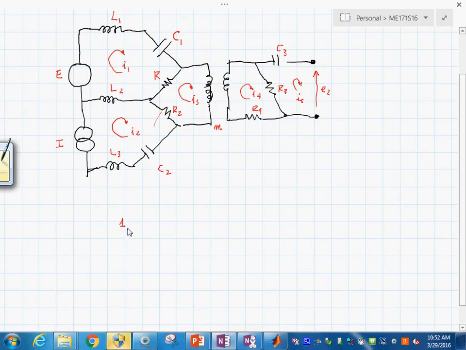And I put another junction for I sub 2. I will put another junction for I sub 3. I will put one junction for I sub 4. And I will do another junction for I sub 5. Okay. So then the second step is to add the elements that actually see these